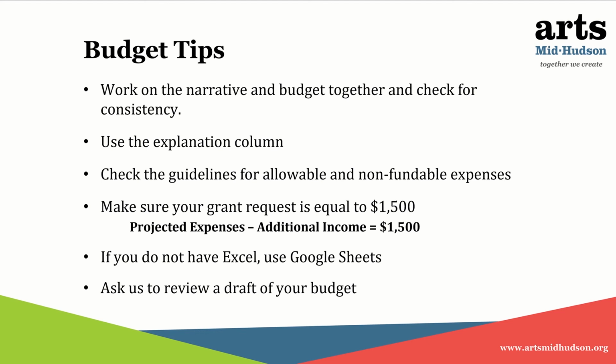Please make sure you use the explanation column as I pointed out when we filled out the budget form. Check the guidelines for allowable and non-fundable expenses. Allowable expenses are those that we would most like to pay for with the grant funds, and non-fundable expenses are things that we definitely cannot pay for. Make sure your grant request is equal to $1,500, and you can use this helpful formula: projected expenses minus additional income equals $1,500. If you don't have Excel, you can use Google Sheets as I pointed out,